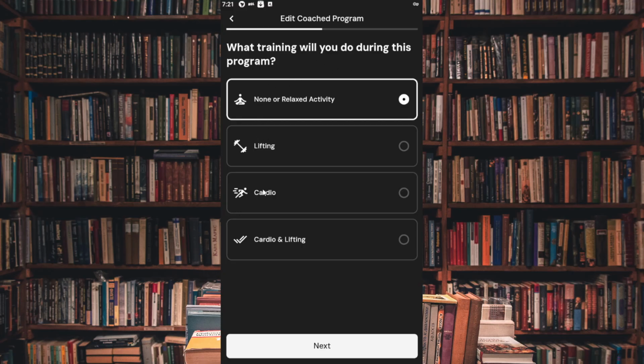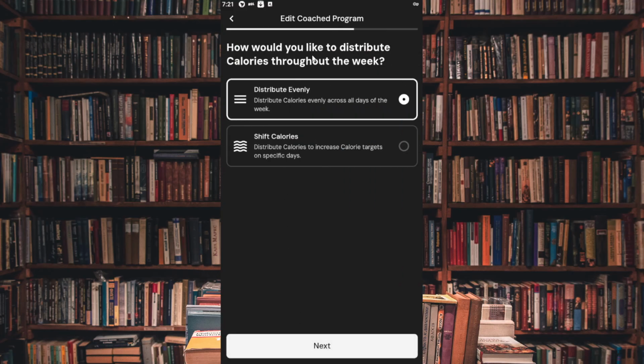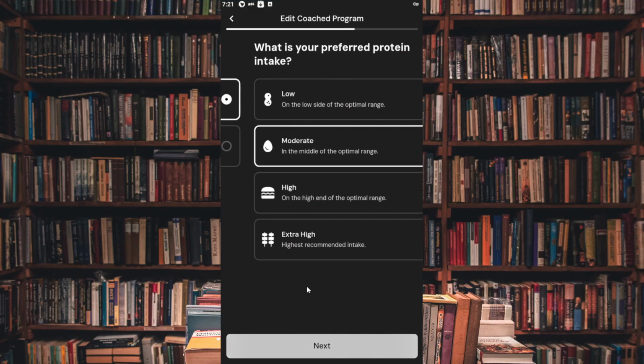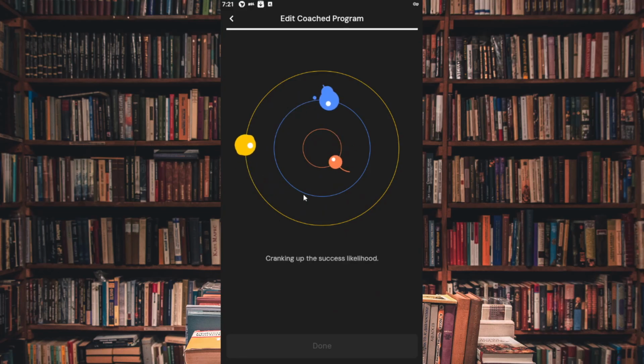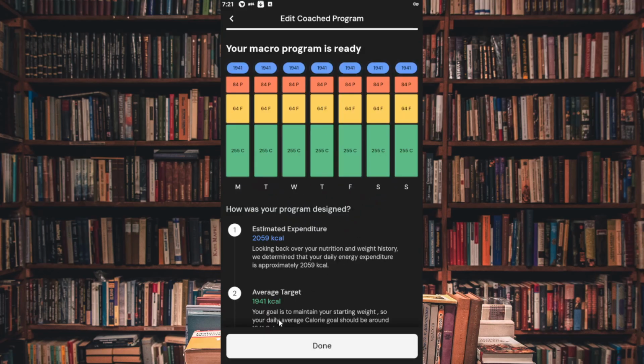So lifting, cardio, lifting and cardio, and none, totally up to you. And how would you like to distribute calories throughout the week? So do you want it to be distributed evenly or shift calorie distribution? As an example, it will increase calorie targets on specific days or reduce them. Totally up to you again. And here's an example, what is your preferred protein intake? Just answer however you want, click on next, and they will adjust the program depending on whatever the new answers